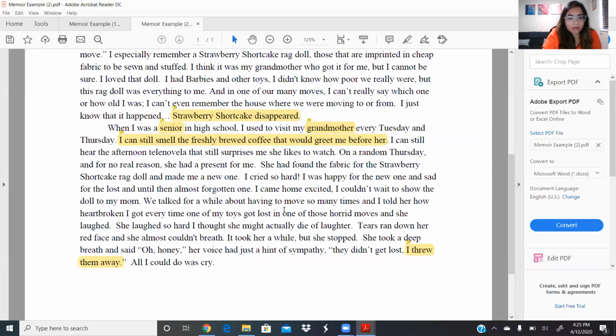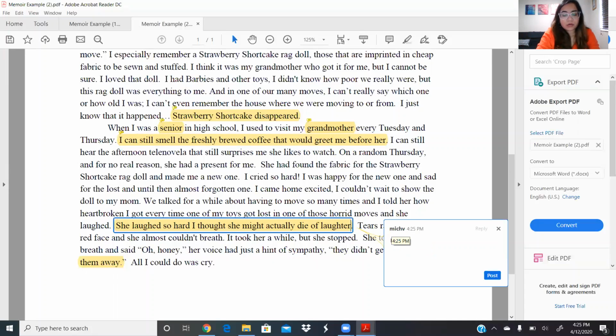And then we also have, tears ran down her face. She almost couldn't breathe. Oh, here. She laughed so hard I thought she might actually die of laughter. That's hyperbole, right? You can't actually die of laughter. So she's using a little bit of exaggeration there. So it's hyperbole, because she can't actually die of laughter. She's exaggerating how much her mom was laughing. So that's 2 pieces of figurative language, and there are a couple more, but I wanted to point them out to you right away